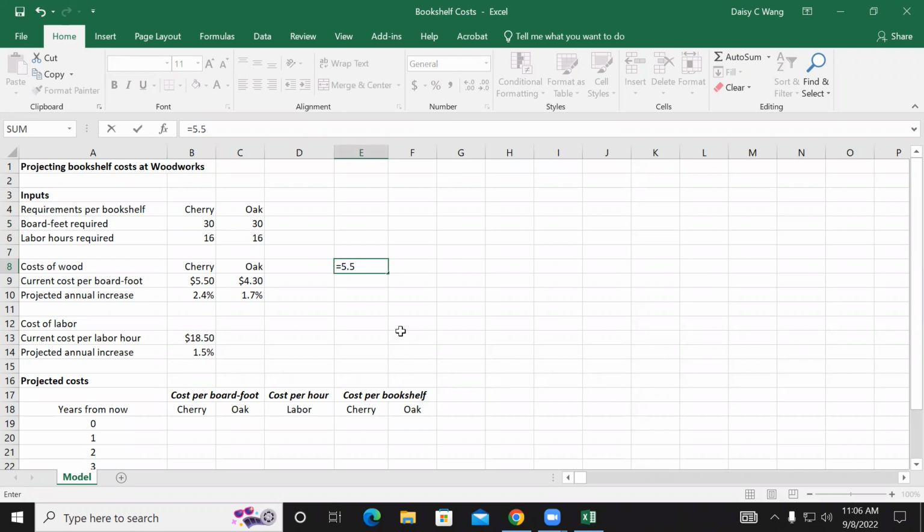I just listed here times 34 times 1 plus 2.4%, right? So this is the first year. The second year, it will be this price times 1 plus 2.4%, right? So in theory,